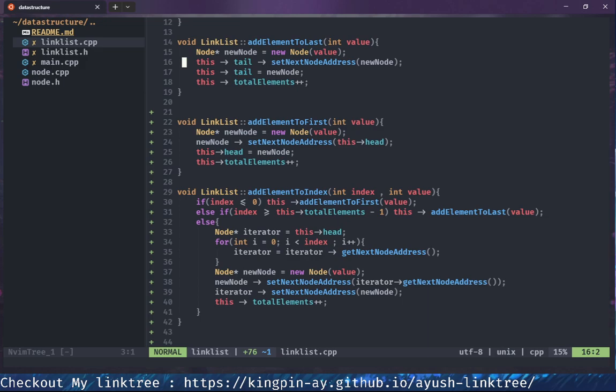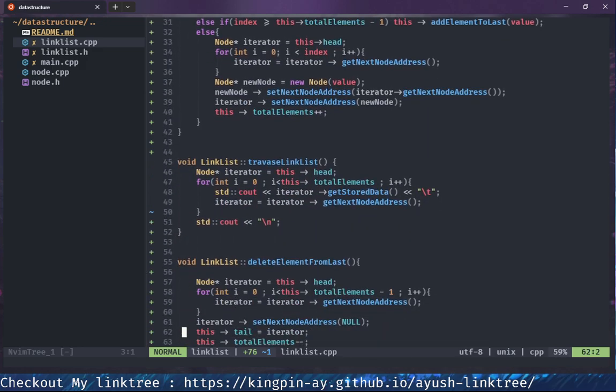Okay, and set the tail to new node. Okay, fine, not a problem here. Okay, so the last node is good. After that there is 99 problem. So we're passing a big value. When we're passing a big value, it should by default go to this, that is going to the last. This is true, it's on to that. Okay, done. And after doing that, we're also increasing value. Good. So now when we're executing delete from the last,